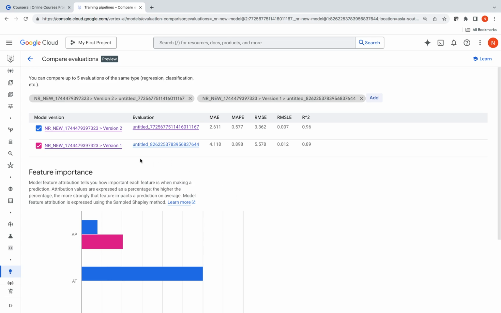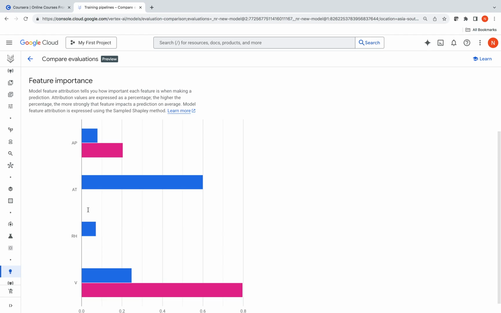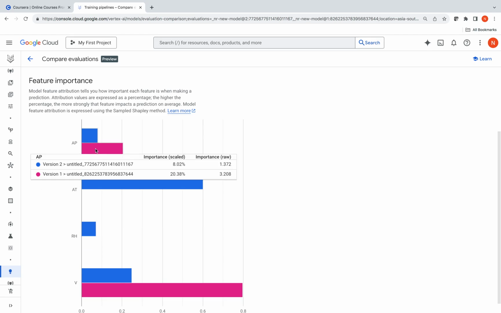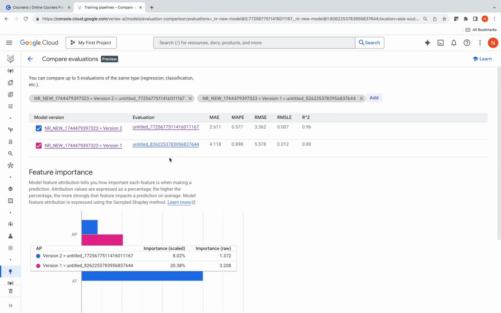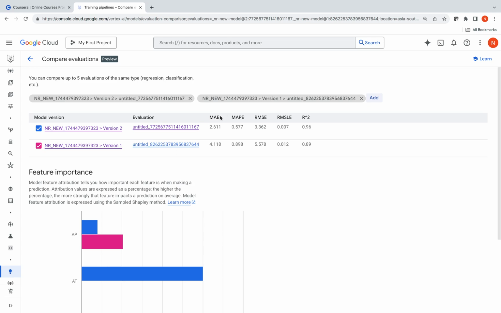So model 2 has been created with only AT and V as the feature. If you see, it is here. And if you highlight this, it will tell the final weightage what has been taken. Okay. And coming to the various parameters, that is MAE, MAPE, RMSE,